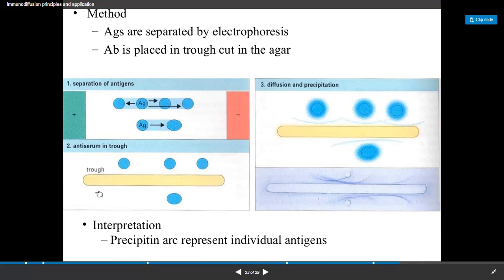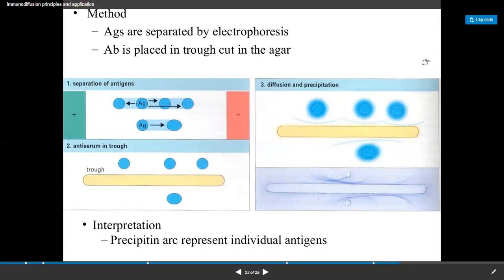Then we added antiserum, and this antiserum will diffuse from the agar, and after diffusion it will form a precipitation like this. This is the precipitation reaction, and after this precipitation we can cut this area for the analysis of the result.